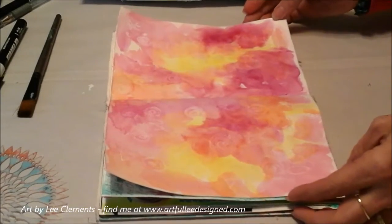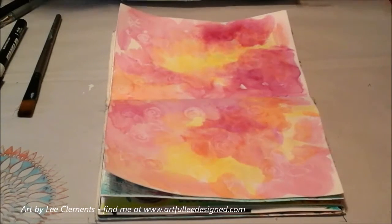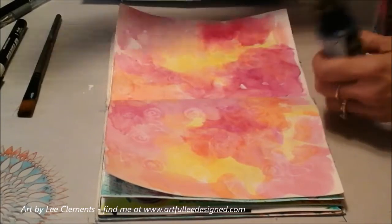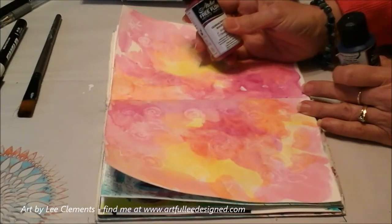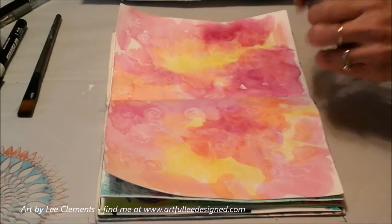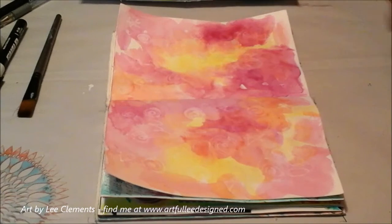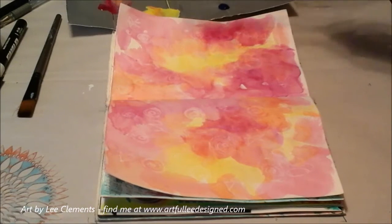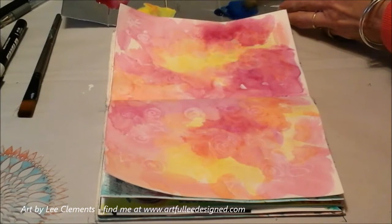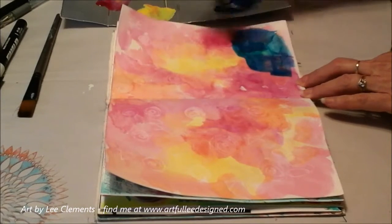So what I'm going to do now is a wash of paint. Now what I'm going to do, I think I really want to use this phthalo blue. And that will mix well with the quinacridone magenta. It's not going to give us mud, it'll give us a nice violet colour. So let's start with the blue. And we'll just make that a nice inky blue. Hopefully, fingers crossed,